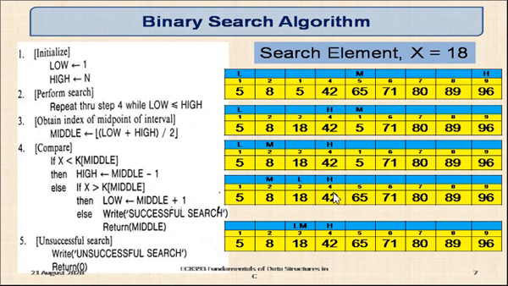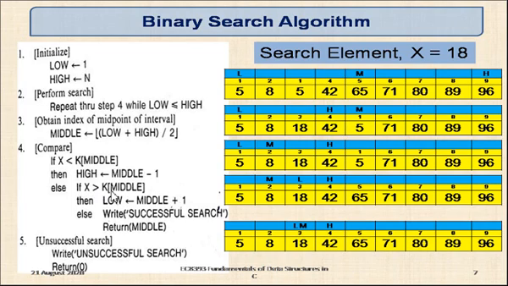So 3 plus 4, 7 by 2, 3.5. Let us take only the integer part. So 3. So the new middle location is 3. Middle point is also placed at the third location. Right. Now you see, here the first condition fails because 18 is less than K of 3, that is also 18. So 18 is not less than 18. This is not satisfied. It will come to the else case.